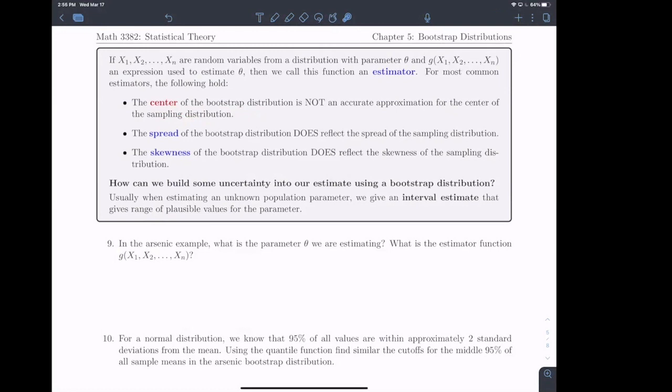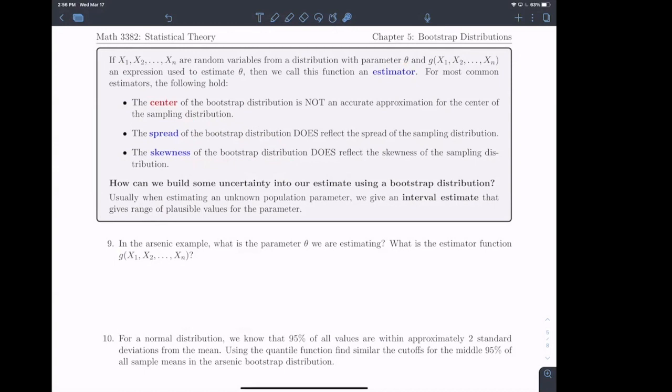But the good news is the spread of the bootstrap distribution is really, really close to the spread of a sampling distribution. So our variability is pretty accurate. And the shape of a bootstrap distribution is going to be accurately reflective of the shape of the actual sampling distribution. So when we're trying to estimate a distribution that has some parameter theta, you can think about theta typically for us as a mean or a proportion,